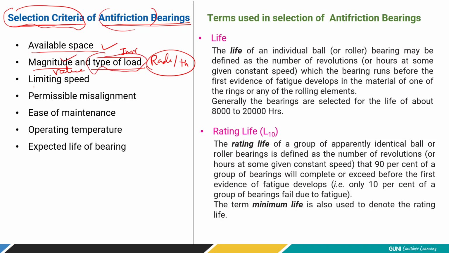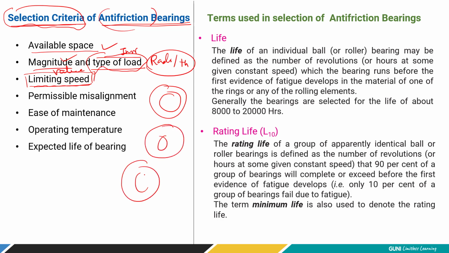Then what is the speed at which you are going to rotate the machine, or you require to allow the machine to be rotated with the maximum load carrying capacity. So limiting speed you must know. If you have chosen the simple ball bearing, the needle bearing, or the taper roller bearing, each of these rolling contact bearings has a different limit speed, right? So you have to consider based on your application requirement.